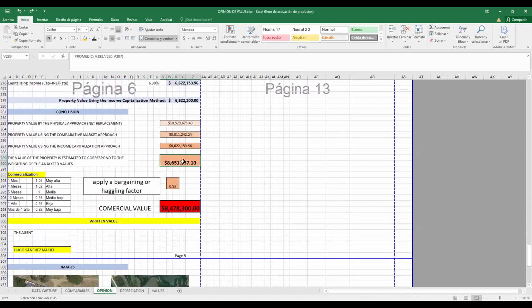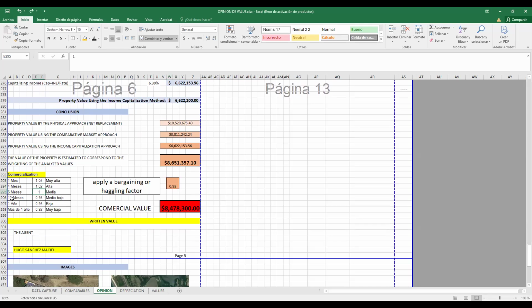This is the price. Apply a bargaining or handling factor. Use this just for you. Just tell your price is this, but this is like the lowest price. If you find out the factor, I'm gonna use this factor.